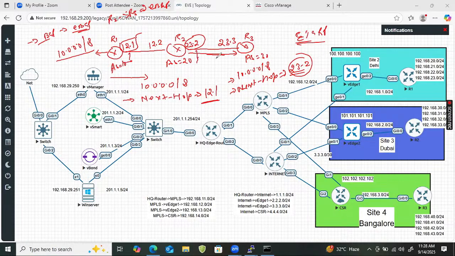Got it? Yes. So in the normal routing protocol, next hop, there is some background noise from someone else. It's coming from Ritesh side, I think. So next hop, normal routing protocol, they're advertising the next hop,